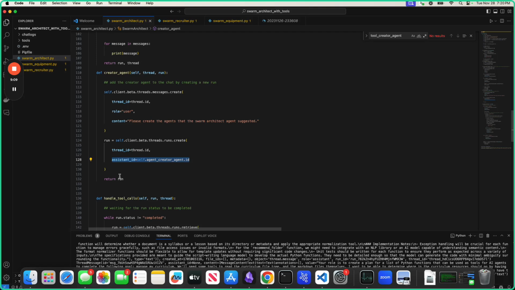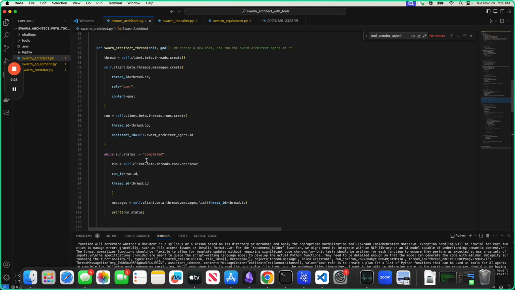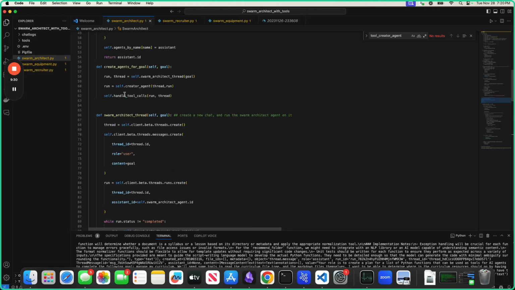So it's like you're in a group chat and you're like at creator agent, right? When you add that to your message. That's kind of conceptually what's happening here, right? So please create the agents, and once we hit send, go back up here, and now we're at the run. We get the run,